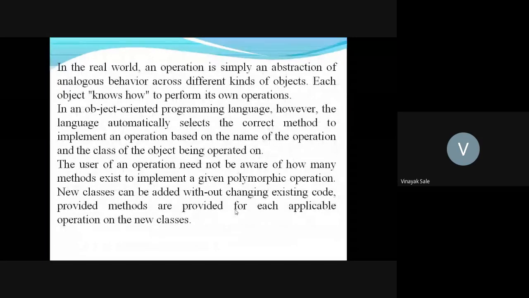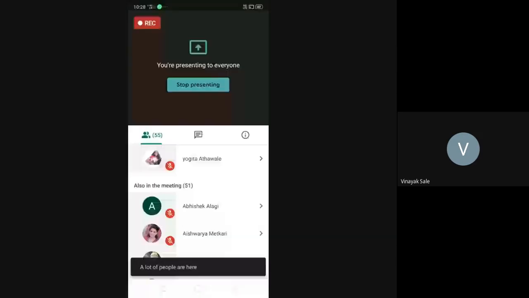In the real world, an operation is simply an abstraction of analogous behavior across different kinds of objects. Each object knows how to perform its own operation, not what to be done.